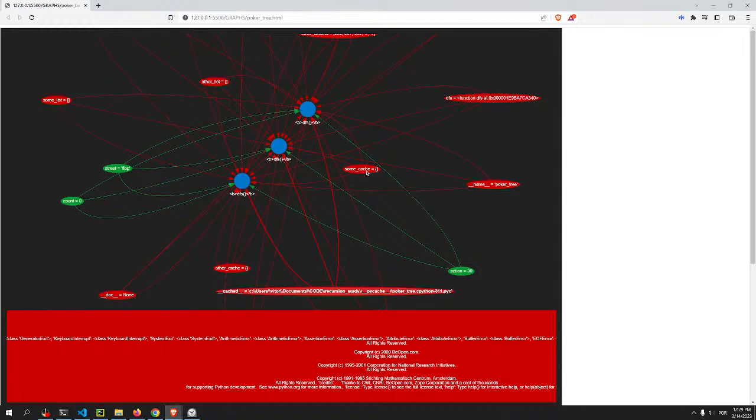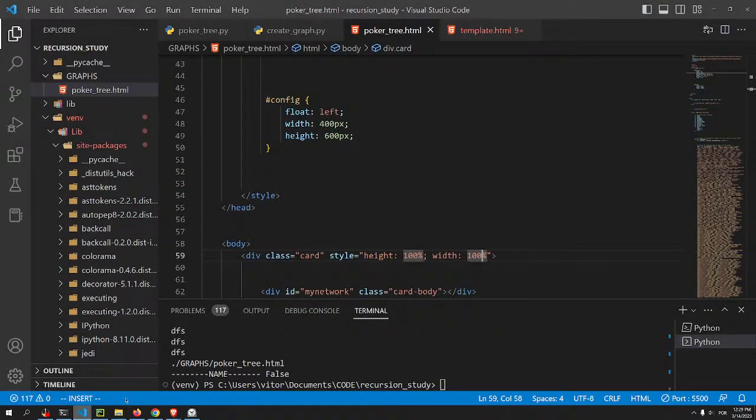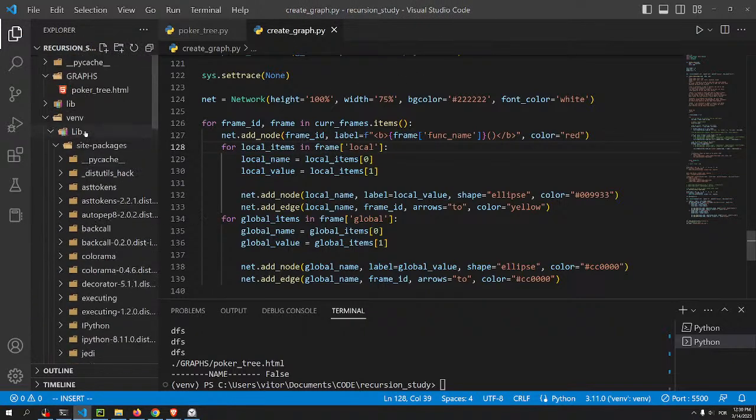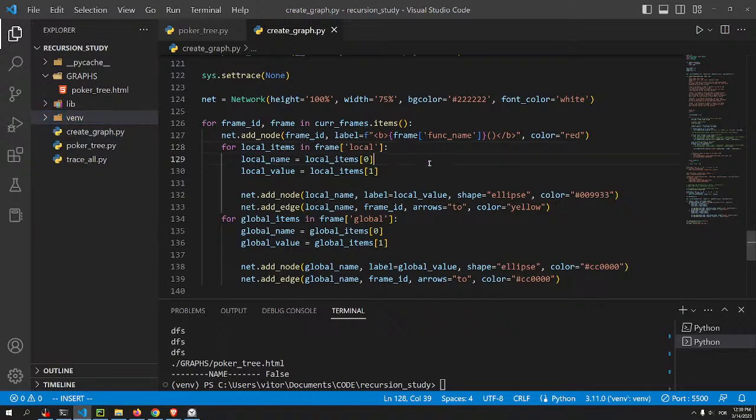So the red is the global variables. I guess I can just look at the thing, but I think the red is global. Plus yellow and then red. So it's easier to know which one is which. And then I need to think about a way to put the information so that it shows me only this stack, like the executions of the